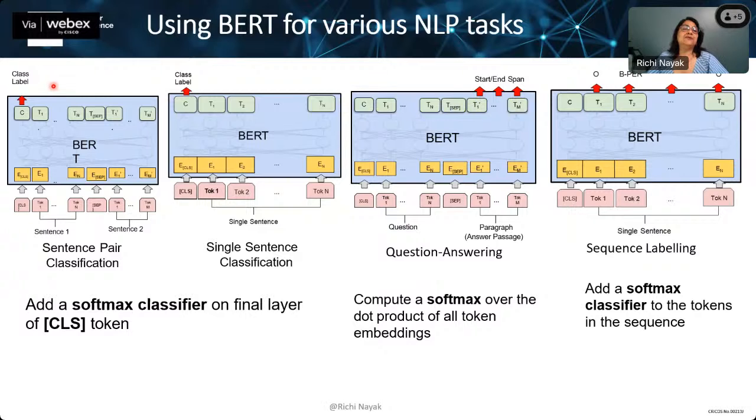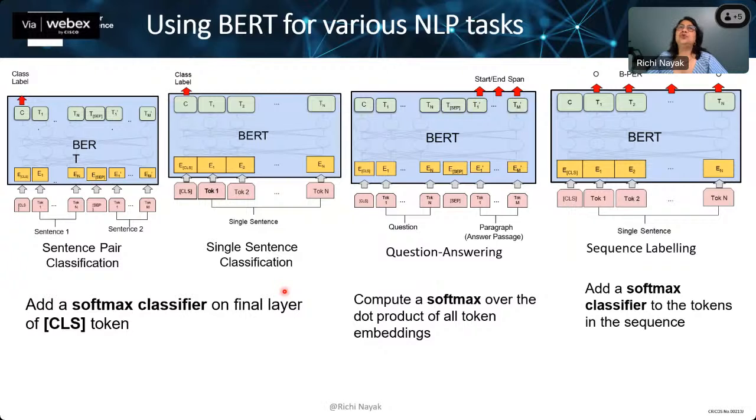And this one then can say the similarity between those pairs, like Siamese training, something like that. If it's a single sentence classification, that is the most common classification problem. For example, like